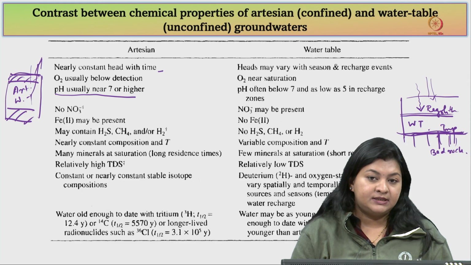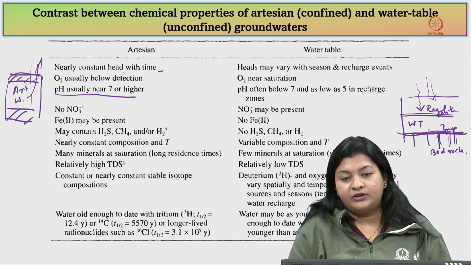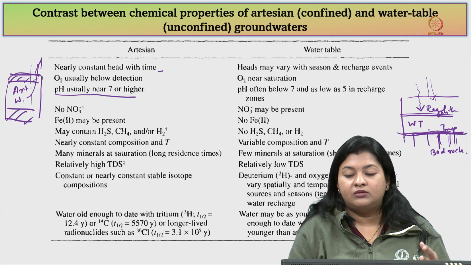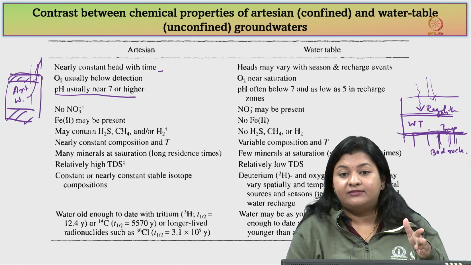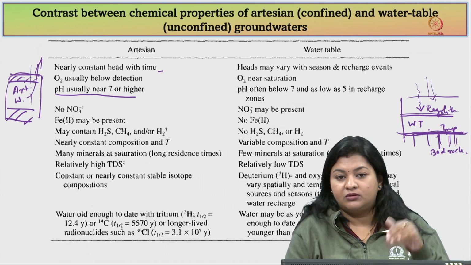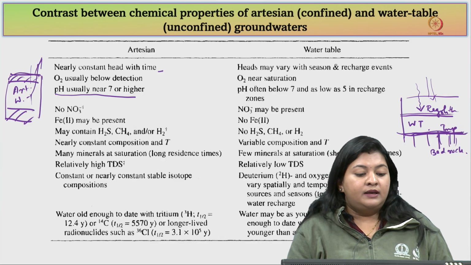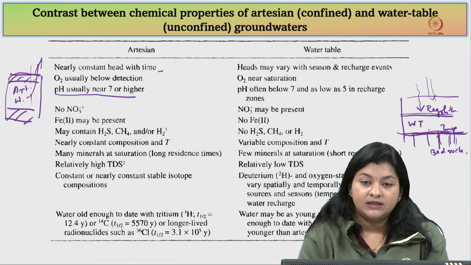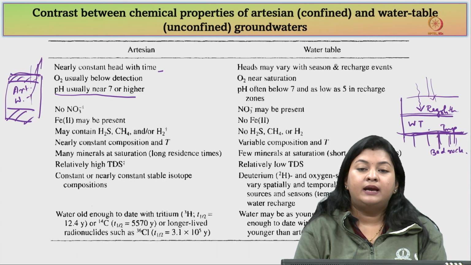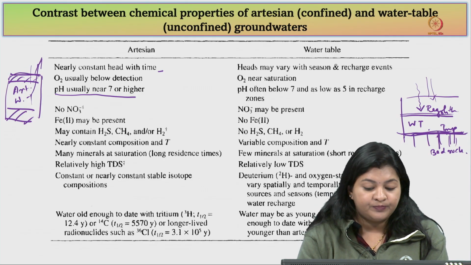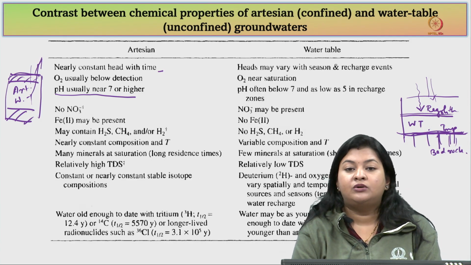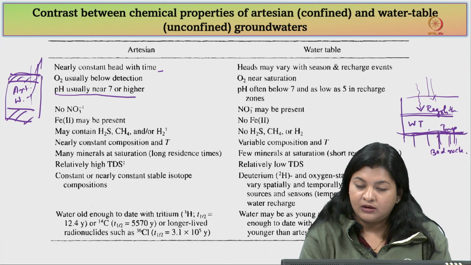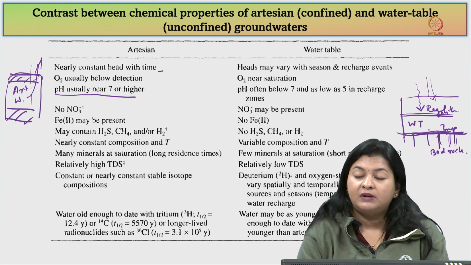Nitrate is always present in the shallow water table because of the continuous entry of rain. Rain is acidic, it is going to dissolve all the ammonium salts and all that is there in the soil, plus the rain itself is going to have a lot of nitrates because of the atmospheric deposition. Then Fe as Fe2+ may be present because of the reducing conditions. Because of the lack of oxygen, iron can be present as iron 2, whereas in the oxygen rich, oxic water table, iron will mostly be precipitating out,